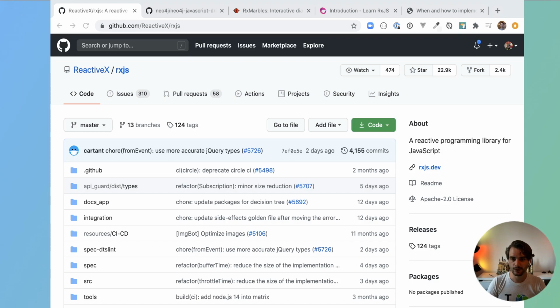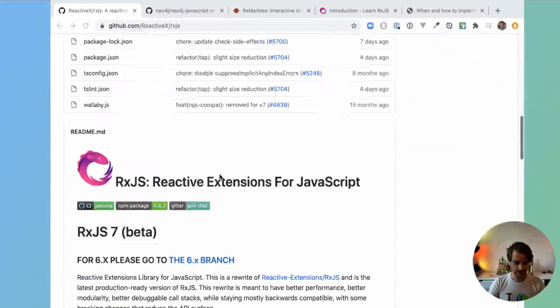In the last few weeks, I've been looking at some different ways that you can use Neo4j with TypeScript. Today I thought I'd do something slightly different. I'd look at reactive streams, reactive programming, and RxJS. RxJS is something I've been learning recently. It's kind of like a new paradigm, a new way of working. Essentially, you work with streams of data, or observables, and then process them using what are called pipes. So if we take a look at the documentation here,